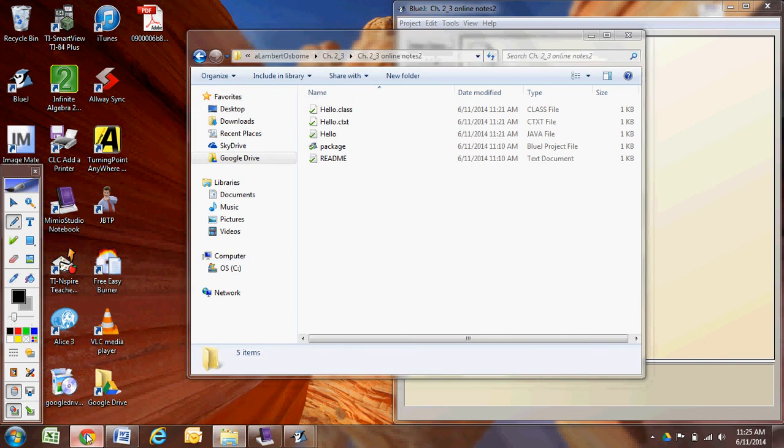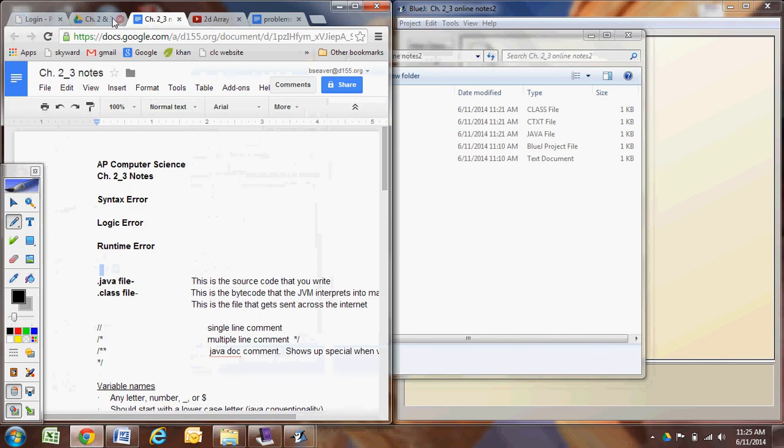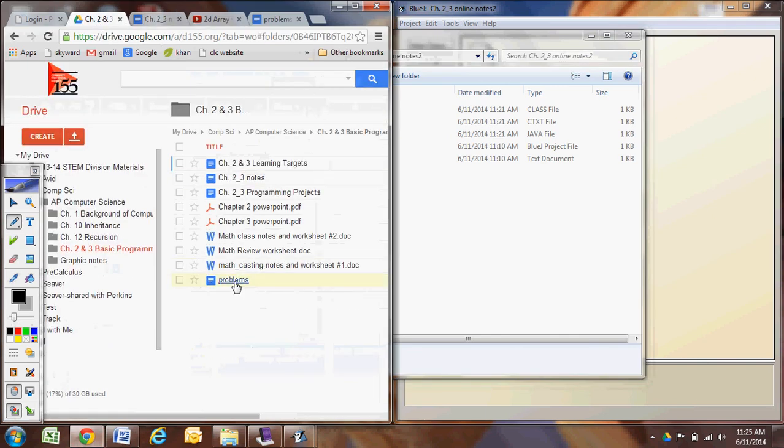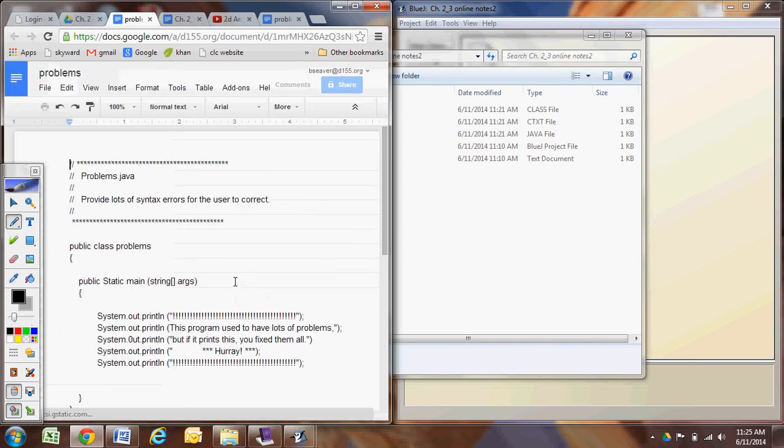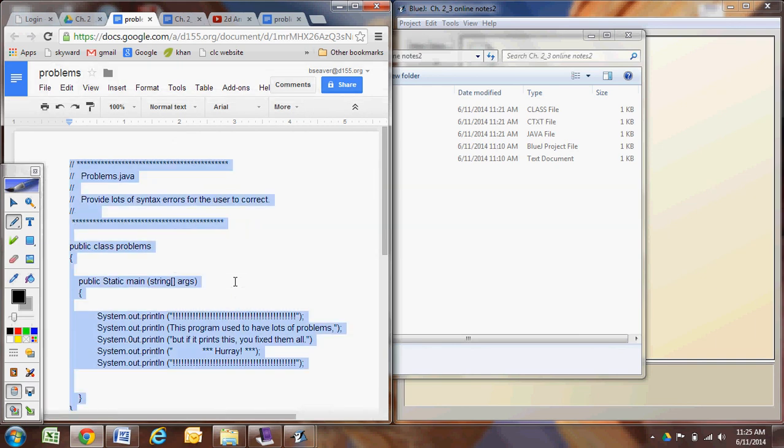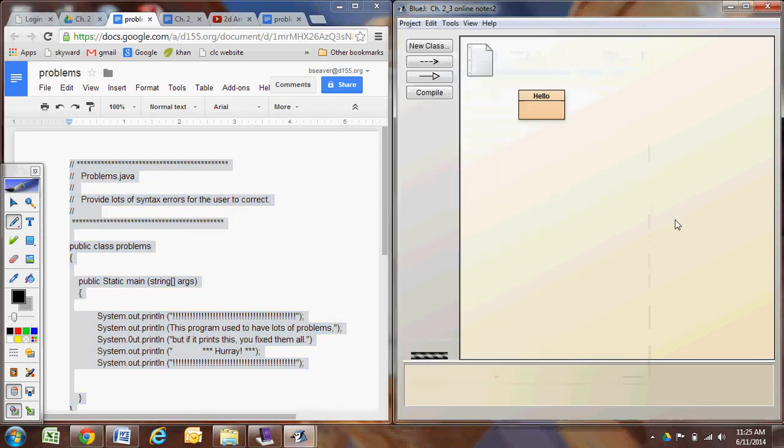If you go to the Google Drive again, in the chapter 2.3 folder, there's this problems document here. If I open that up, just copy all of this, and actually I'll show you how to do this. Let's do this right now. I'm going to select all of this. So Control A is a shortcut for selecting all, and then copy that somehow. So Control C will copy. Go back to your